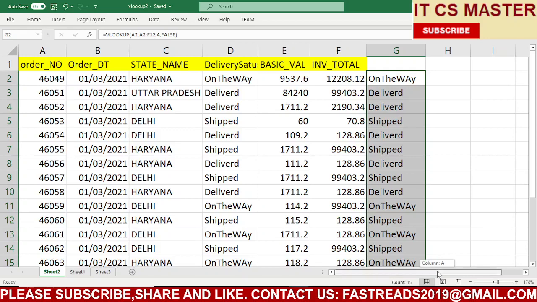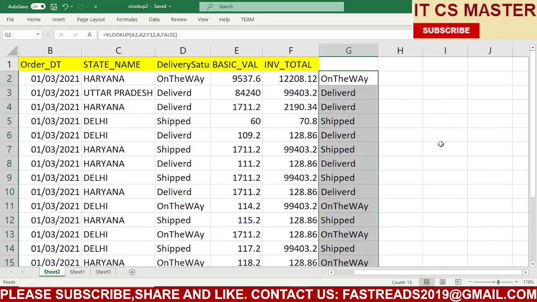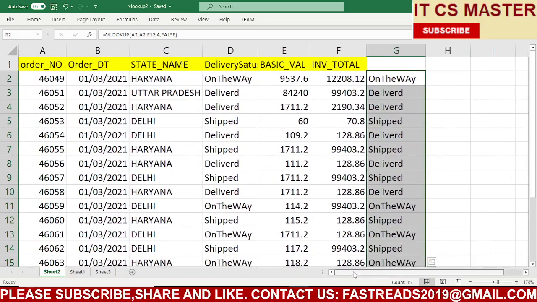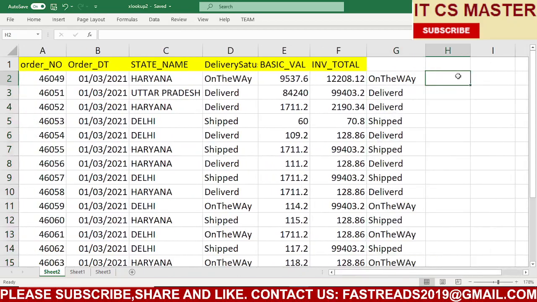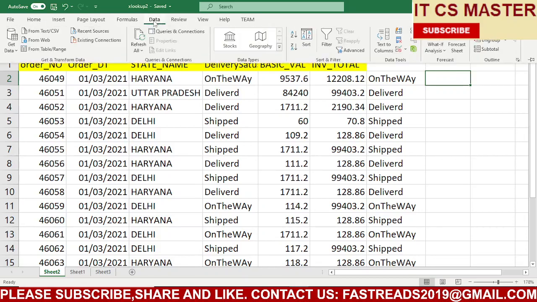Now next we will see a new thing which is very important. I know you are aware of data validation, where you can see a drop down. It's a very useful feature for reporting to your manager and finding data easily. Here I go to Data, and here you can see the option Data Validation.